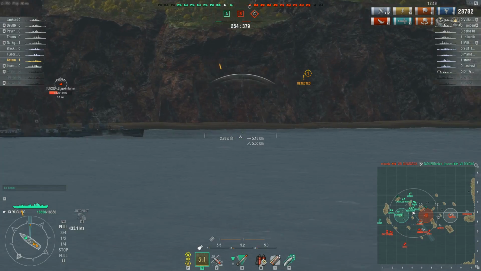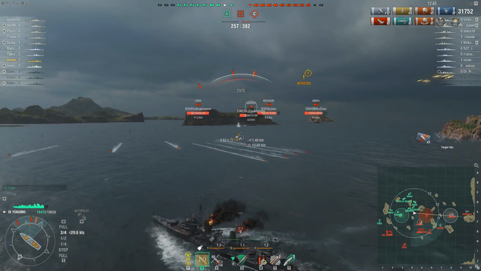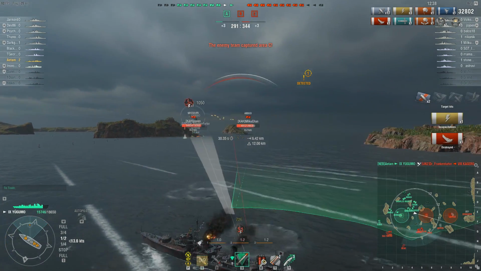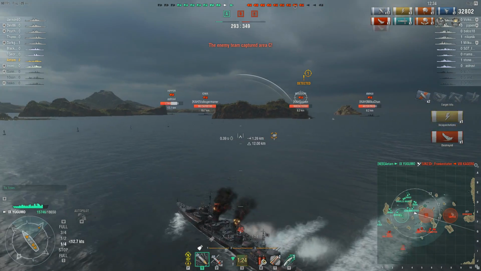And there is the Kagero. I'm spotted anyway, and this ship has to go down, so let's open up with my guns. I can easily dodge those torpedoes, and bye Kagero. Now, I could use smoke here, which...